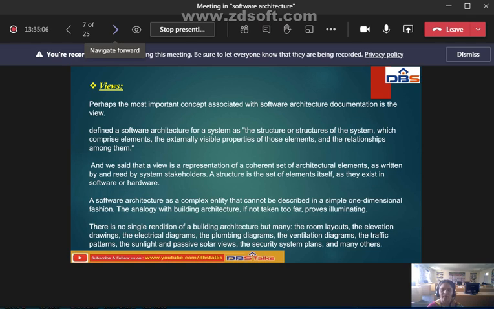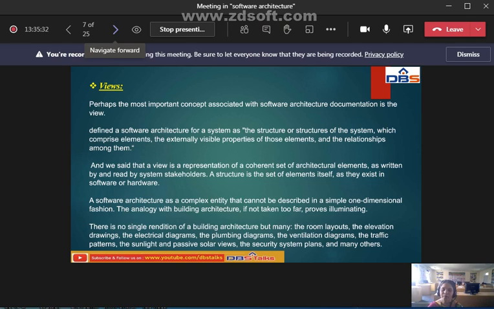So, what is a view? The view specifies the structure or the structures of the system. Once we see a view, we see some structure or structures of the system. Suppose we see a building,